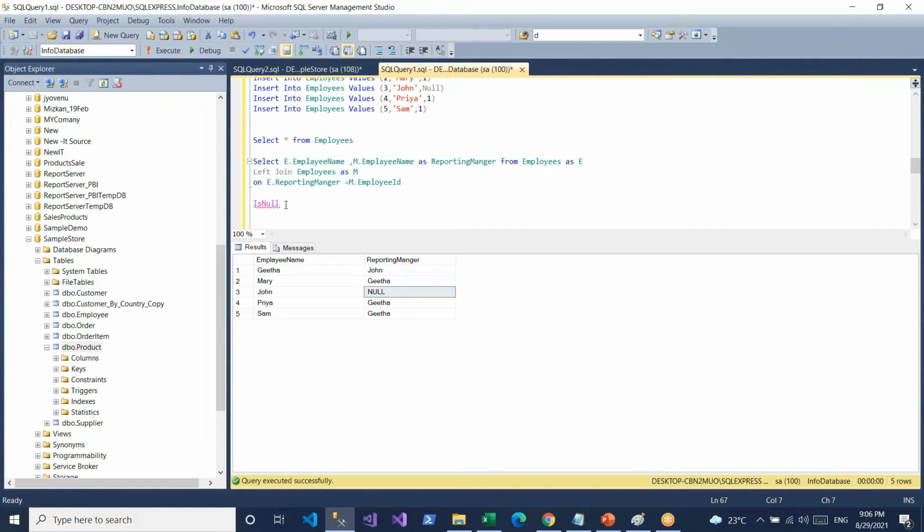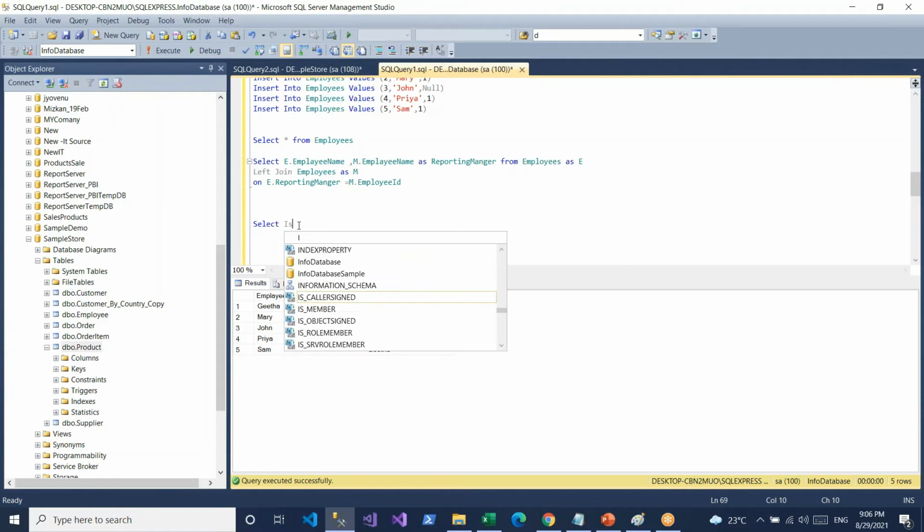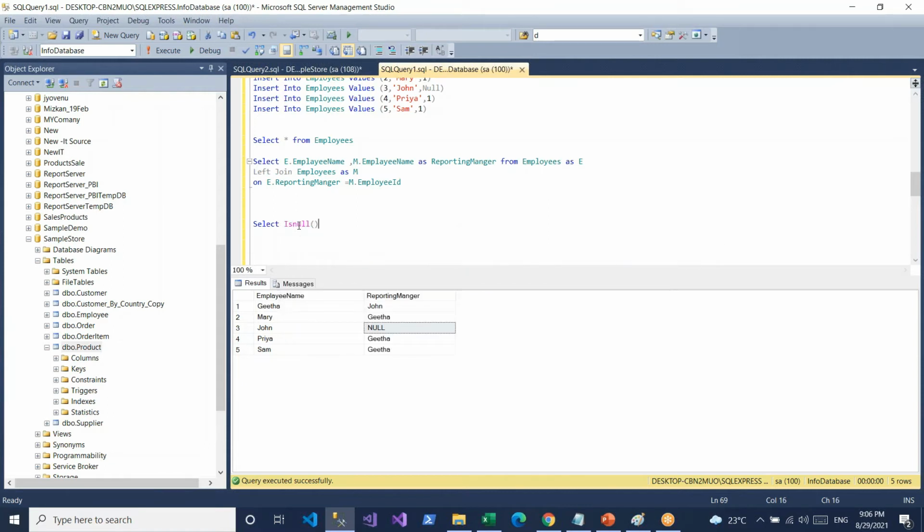So what will this function do? The ISNULL function will replace the value. For example, select ISNULL, and if I'm giving here Mary, Sam, so I've given two names here.